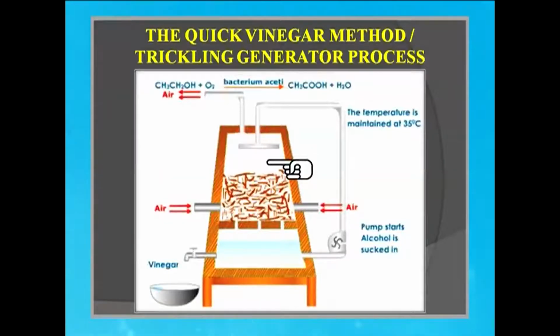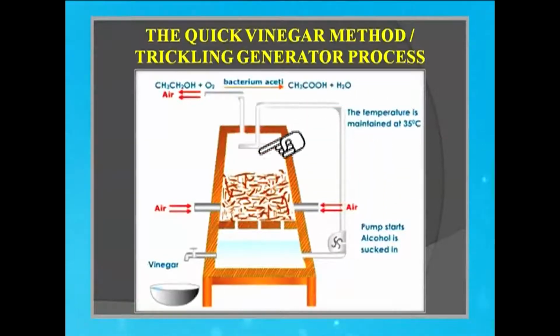Now, after we finish packing the material with beech wood shavings, the ethanol-containing solution is trickled down from a plate. Once the solution trickles down and vinegar is produced, it gets stored in the lower part. The temperature in this whole system is maintained at approximately 35 degrees centigrade in the lower region, and mostly 29 in the upper part. And after a day or so, the vinegar that is produced is dilute, which is pumped back